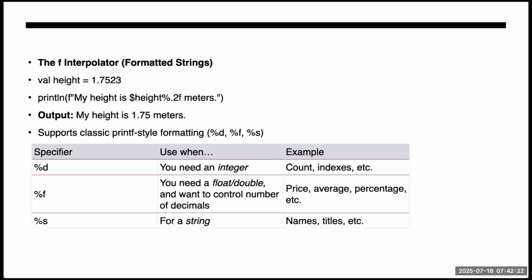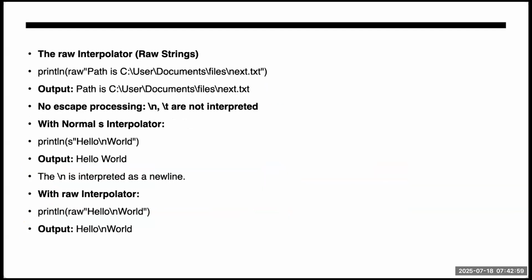Go through quickly, then we'll look at it practically. Similarly, you have percentage d, percentage f, and percentage s, we saw, right? When you need to print any integer, you can write like this. If you need any double or float, you will use percentage f. These are just print style formatting. It is nothing more than that, related only to whenever you have to print anything, or log anything in the logger. That time you will use this formatting. This we call the formatting thing.